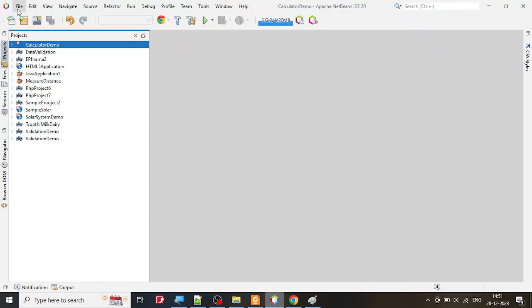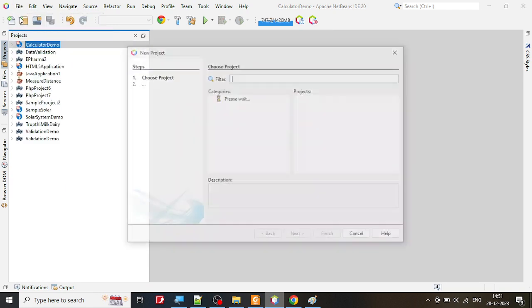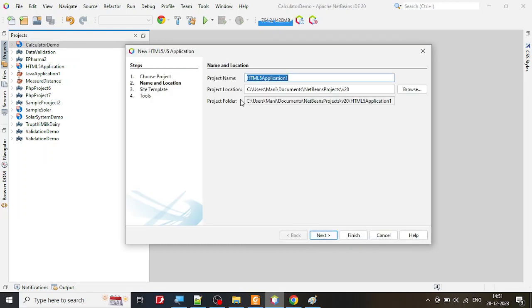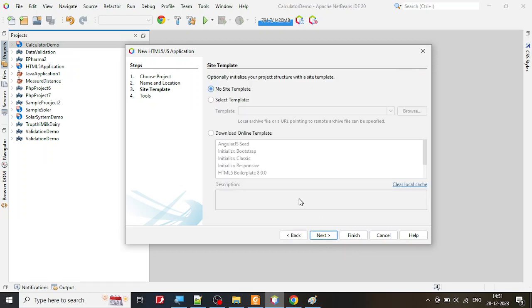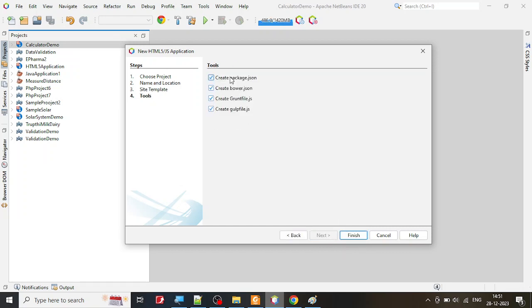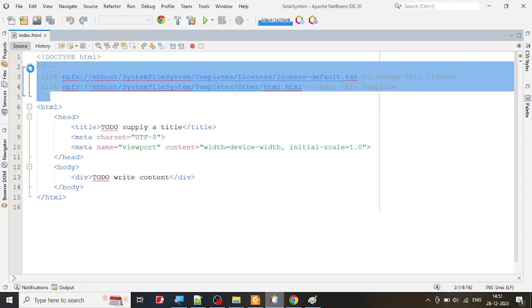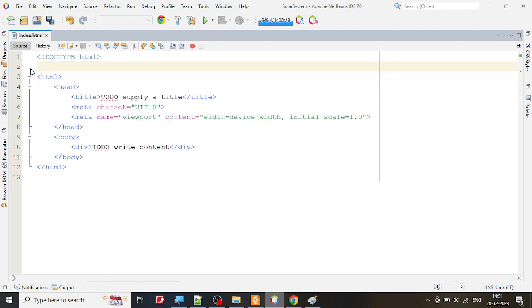I'm going to go to my NetBeans and create a new project. I'm going to say solar system. You can give any name for that matter. Let me click next. I will not select any of these templates because they're not really required, and I'm going to finish it off. When I create a blank project in NetBeans, it's going to add some boilerplate code for me,